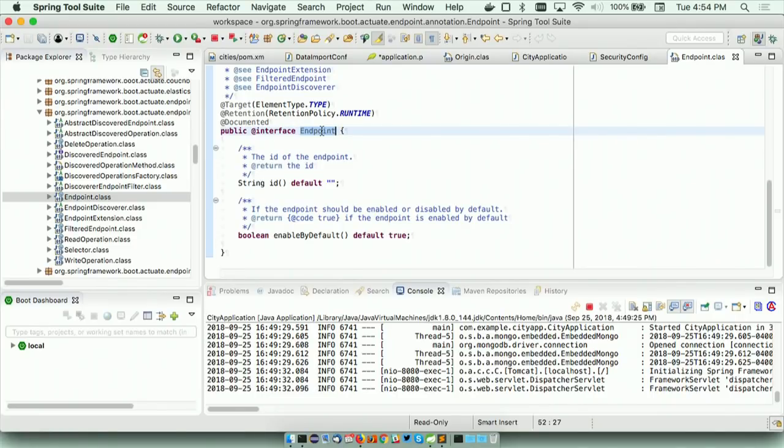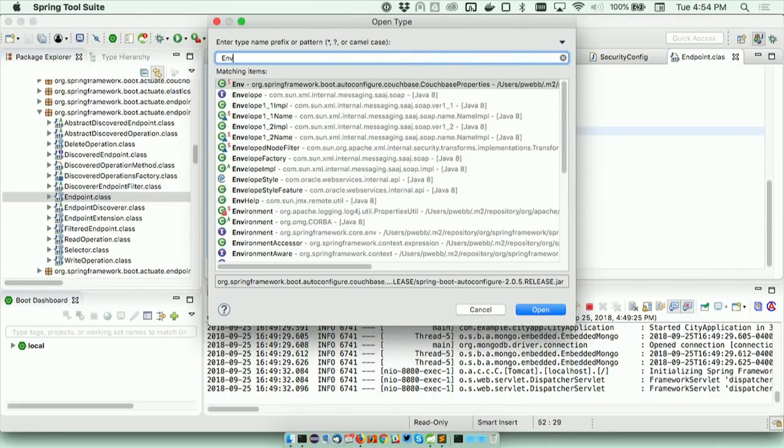And what we do is we take code that's annotated this way, and then expose it through the various technologies by adapting as appropriate. So we can take an endpoint and adapt it to JMX or Spring MVC or Spring WebFlux, and we now have full Jersey support as well. So if you're using Jersey, you can use Actuator as a first-class citizen. If I show you maybe the env endpoint as an example,